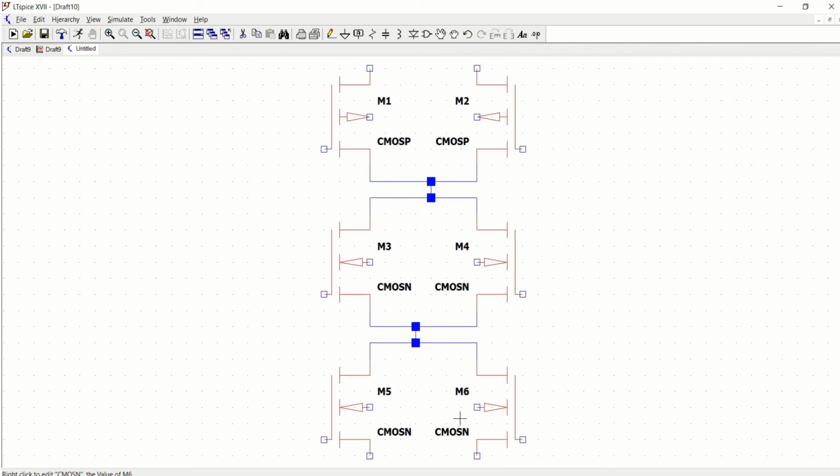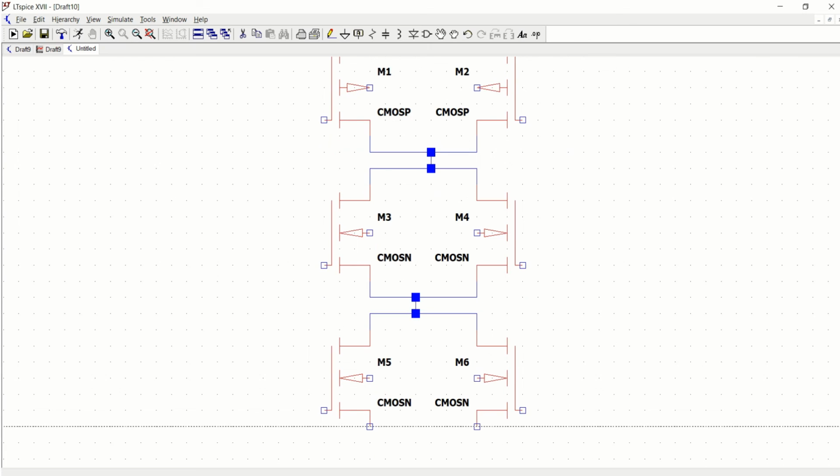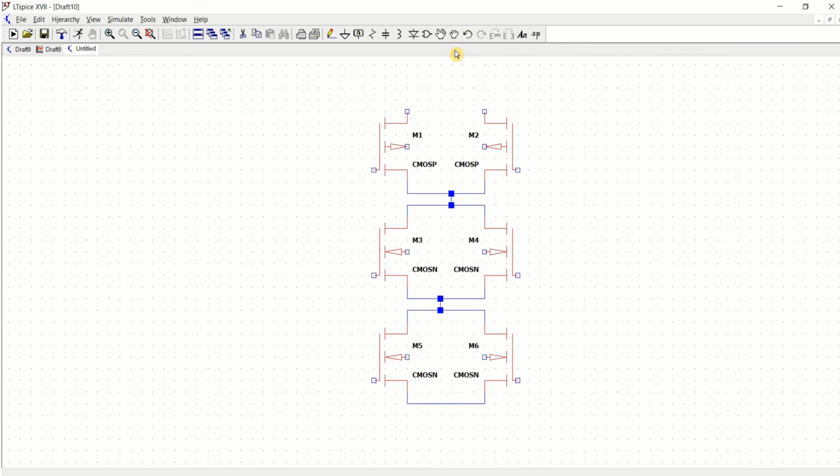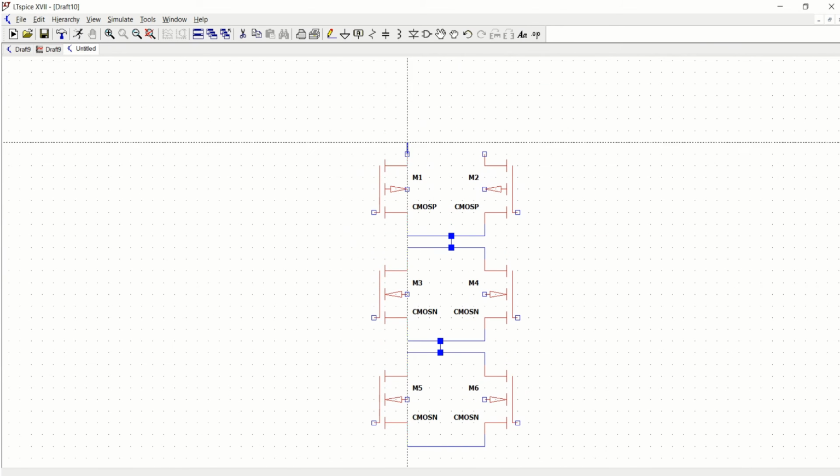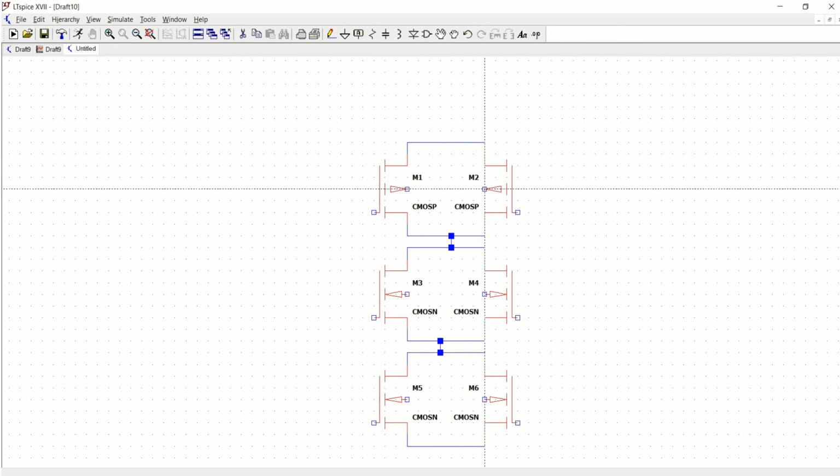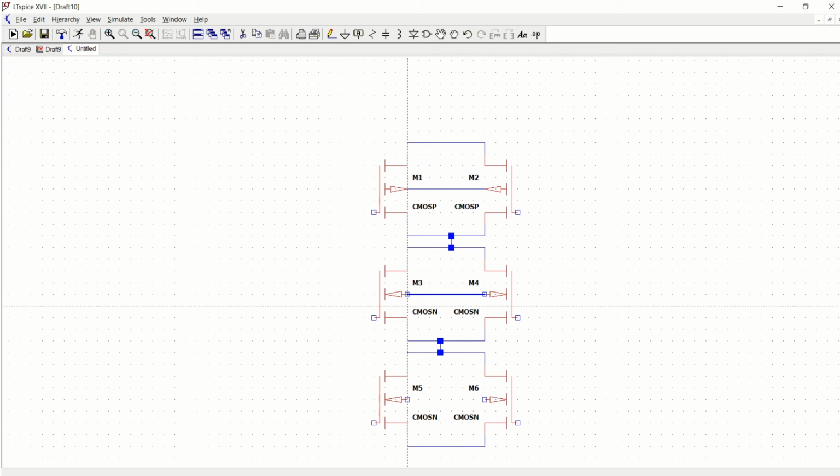This one and these two logics will act as a pull down, and these two transistors will act as the pull up. So make the required connections. So this is for VDD. So you can directly connect the body to body or bulk to bulk of each transistors.